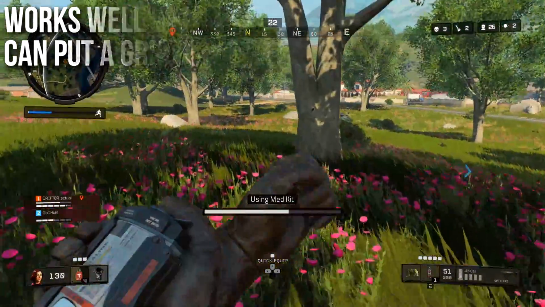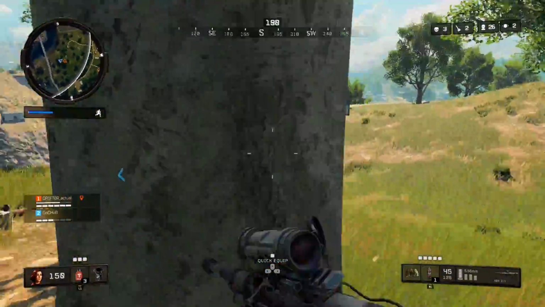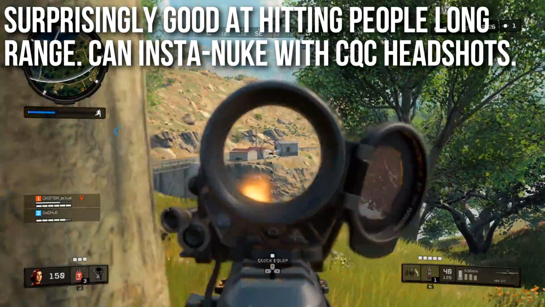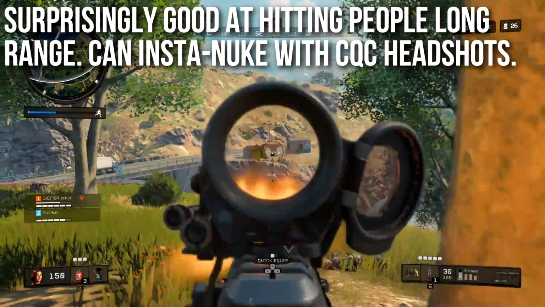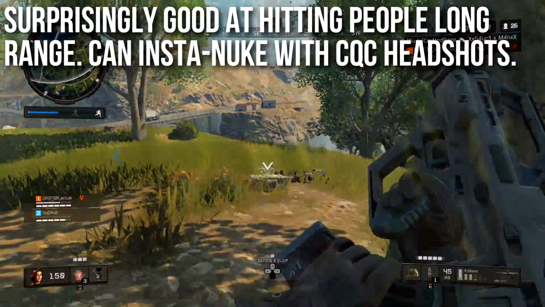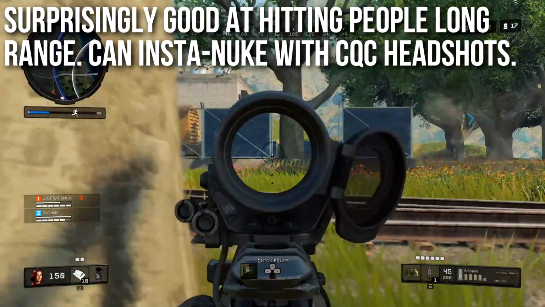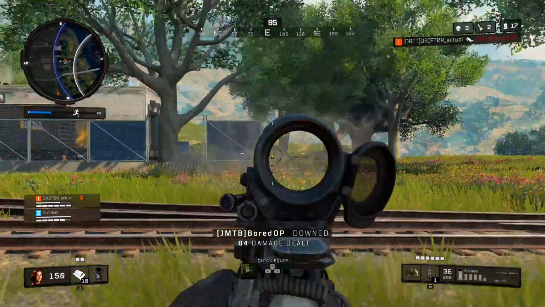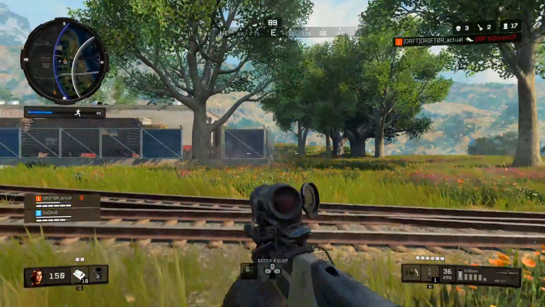I can say nothing bad about the ABR with the suppressor in Blackout, and it's really nasty if you're going to be doing solos. It's surprisingly good at hitting people at long range too, which is the biggest problem that you're going to run into with the Swordfish, that you'll probably never get more than one bullet hitting outside of close range. But even at close, medium range it'll work, and even at long, maybe not extra long range,